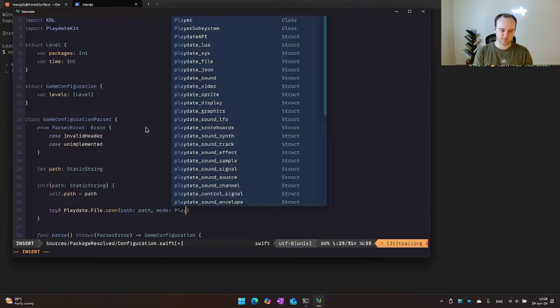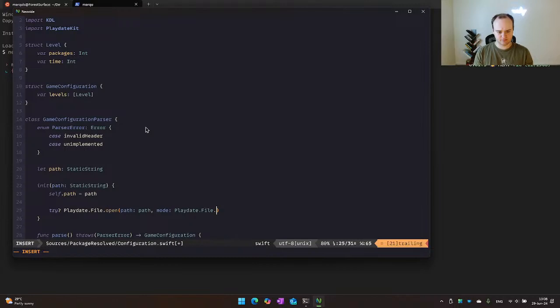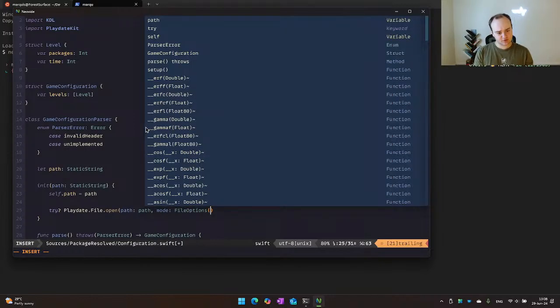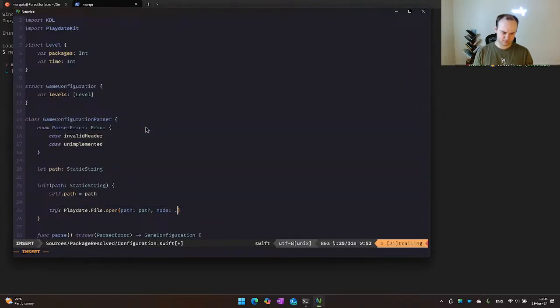Okay, that's a little... Is it file? No. Bat. Don't do that. File options. Okay, that's spooky. Why?